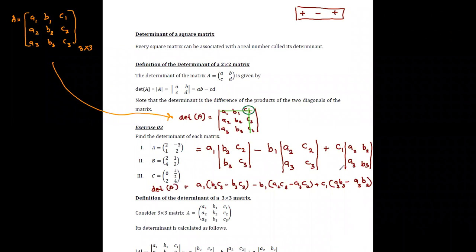Therefore, this is how we are obtaining the determinant for a 3 by 3 matrix. There is no need to remember this equation. What you need to do is be familiar with the concept, how we are calculating the determinant of a matrix. No need to memorize these equations. There is no point in memorizing the equations. The only thing you need to do is be familiar with how we can perform this calculation. Here I have used some notations to obtain the determinant of a matrix, and now I will move on to discussing how we can obtain the determinant for a given 3 by 3 matrix.